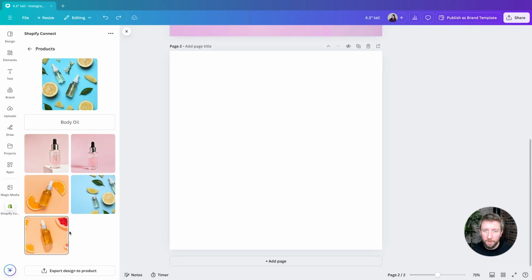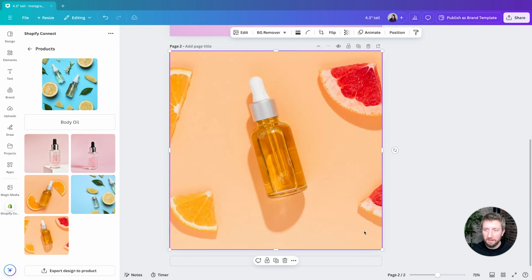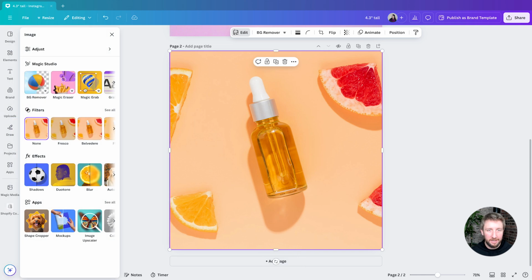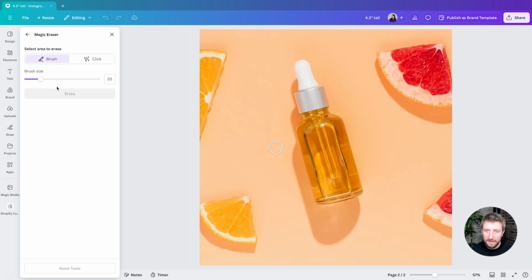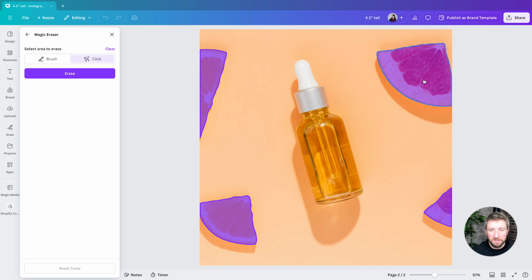I already know why you should be using my products, and that's probably why I'm so successful at selling skincare products to begin with. But in this example, I'm going to pull in one of my product images from the Shopify Connect for Canva app. I'm going to mix in a little bit of Canva magic. First, I'm going to go ahead and get rid of the ingredients that I have and just focus only on my product. So let's go ahead and click the elements that I want to remove and go ahead and have Canva erase those.